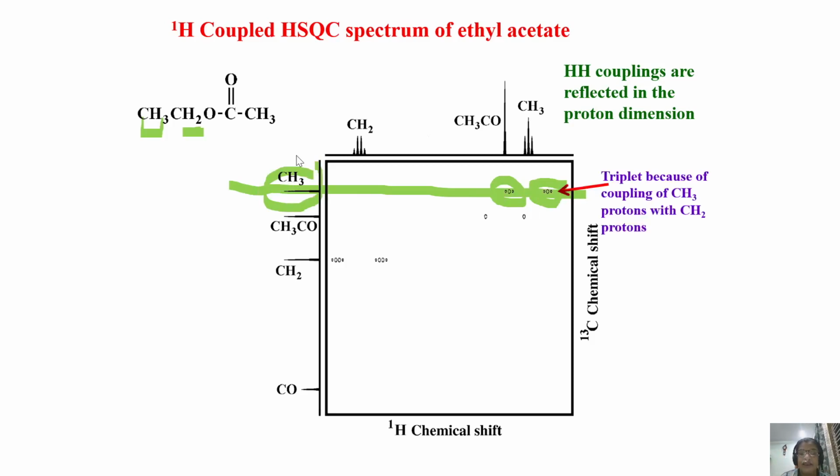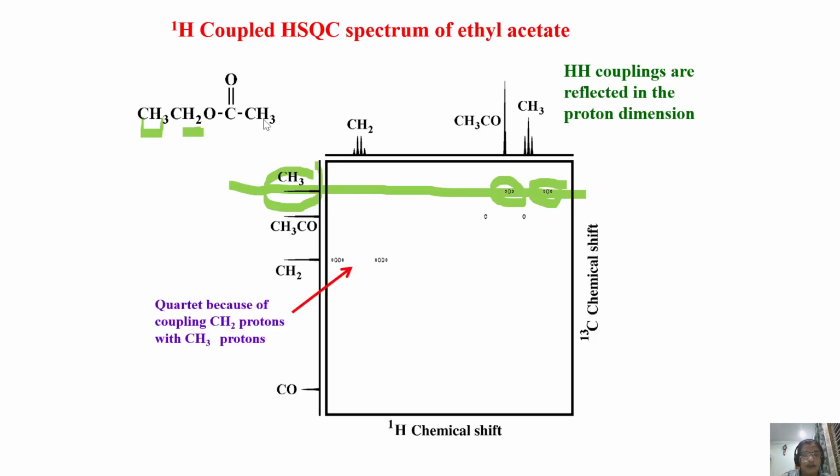Let us look at this one. What is this one? This is CH2. In the HSQC, you see a doublet because of correlation of this carbon with this proton, and it is a doublet because of 1JCH, and each lane of this doublet is a quartet because of coupling with these three protons. Very clear? There is no doubt at all. Everything is very clear, right?